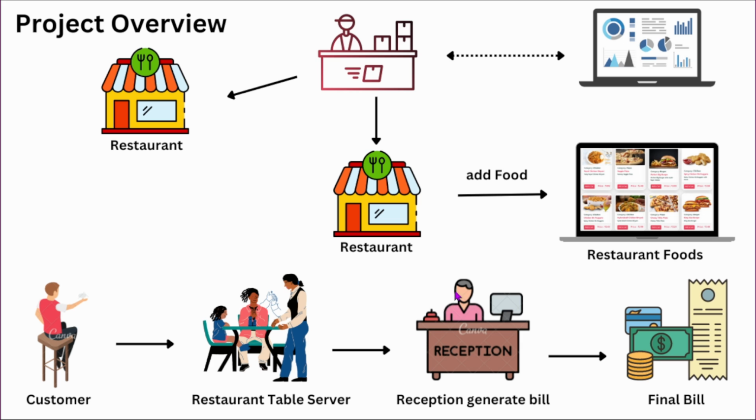Now this reception is the important part, where the receptionist will use our application to generate the bill. During the generation of the bill, he will add the customer details, and also the foods which the customer has ordered in the restaurant, with the quantity, and at the end he will generate the bill for the customer. In the previous video I showed how customers can order foods from restaurants online, and in this one I have shown how a restaurant can manage customer orders offline in the restaurant. So this was the basic overview of the project.